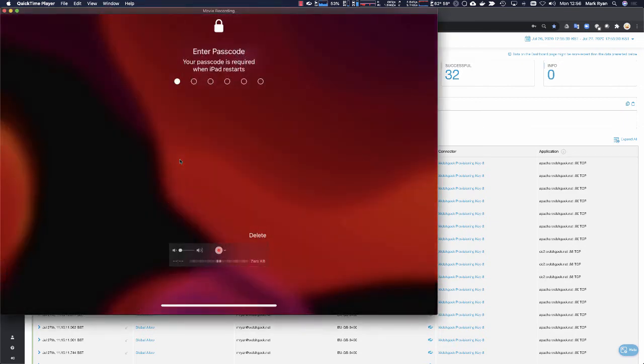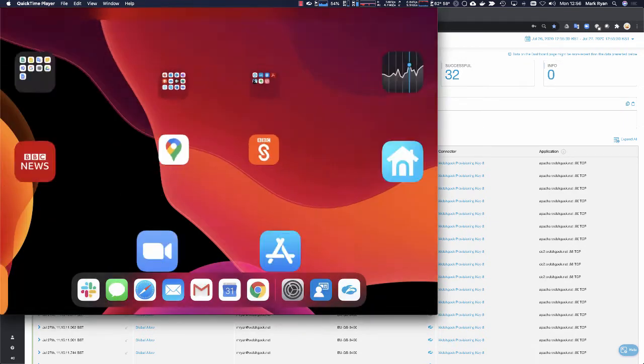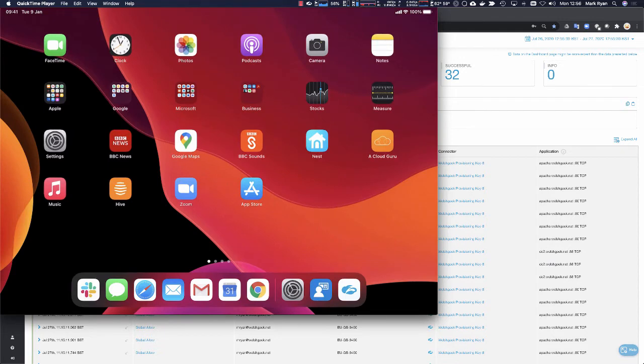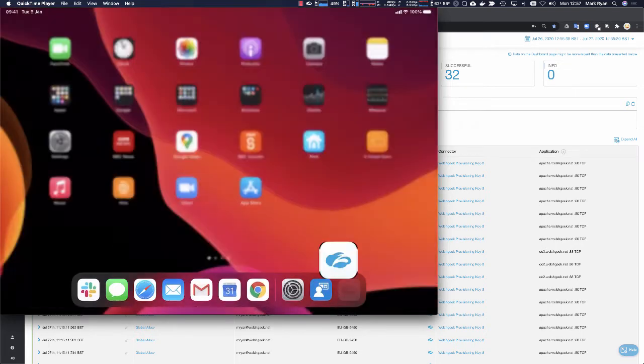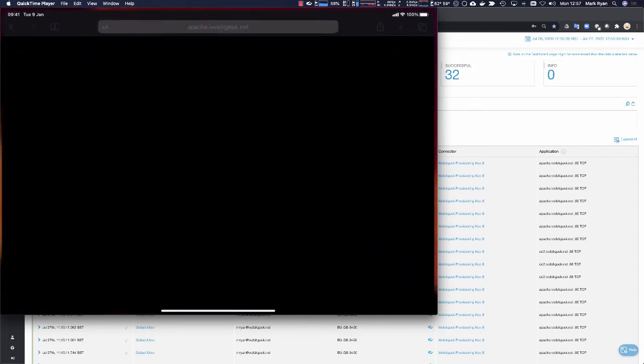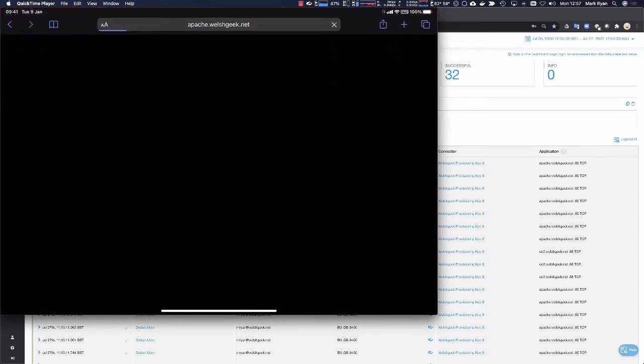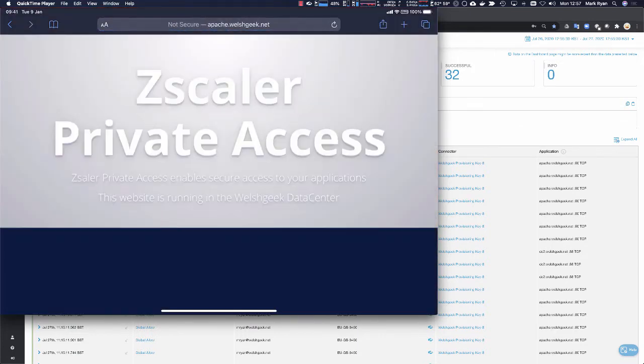There we go. We get prompted for the passcode. So the iPad has restarted. Let's take a look at Zscaler app. Obviously, connecting via the iPhone is not the best performance. So now if we go to that apache.wellsgeek.net, it's now going to go and get all those Kerberos tickets over